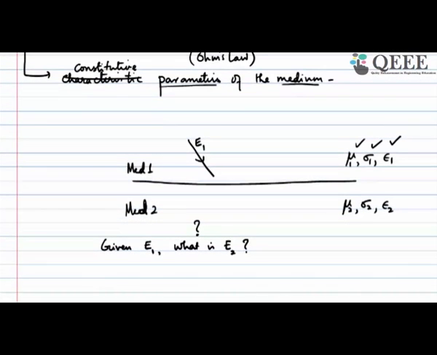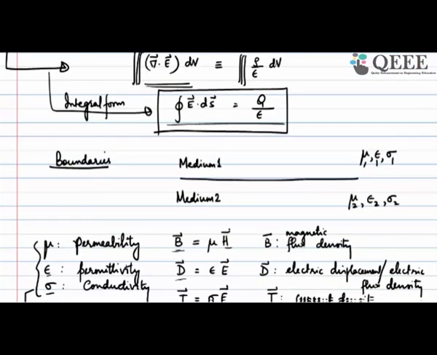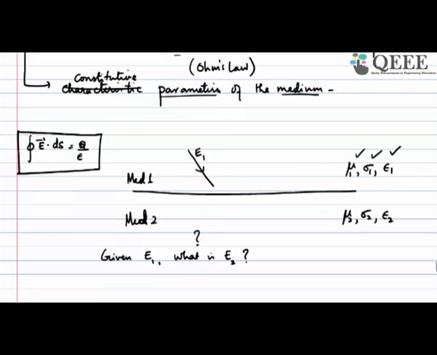So how is the integral form helping you do that? What is the integral form? The surface integral of E dot ds is charge over epsilon. I am going to use this integral form to find E2 given E1. Because it is a surface integral, I am going to construct a surface, and in fact I pick a cylindrical surface, because the surface can be anything,